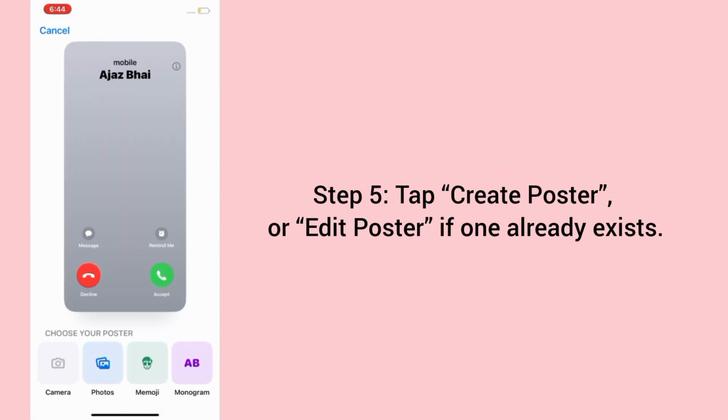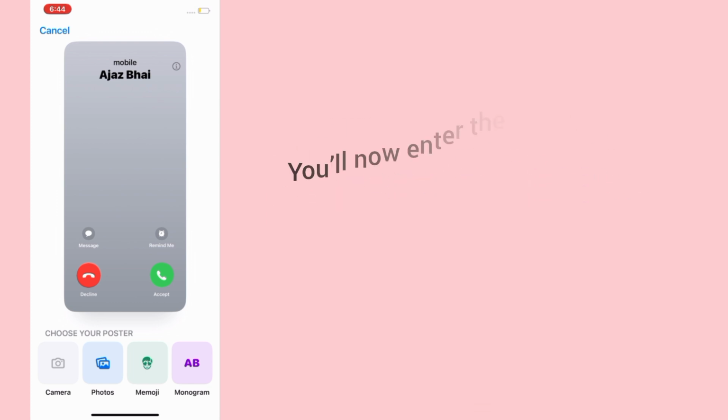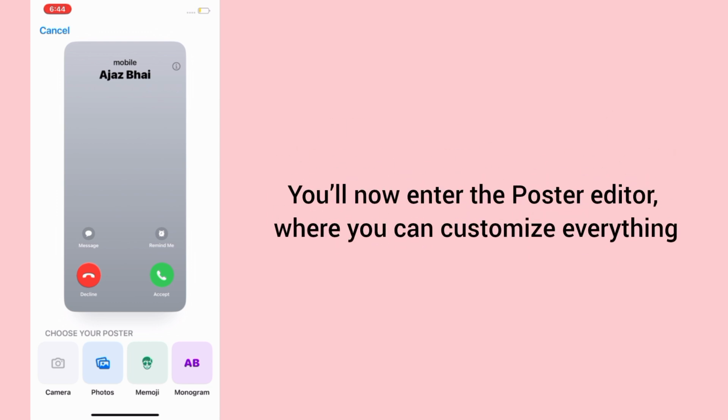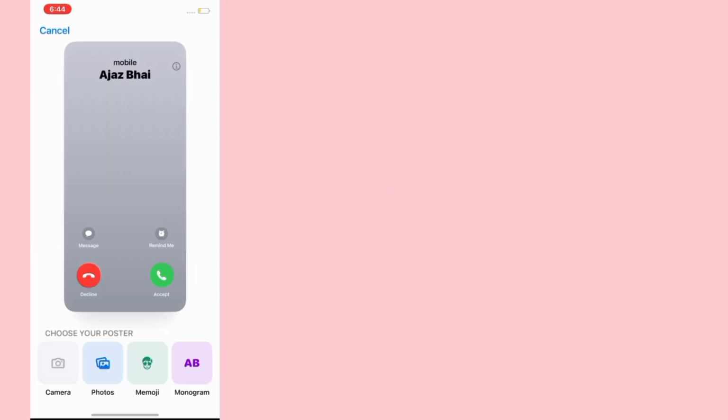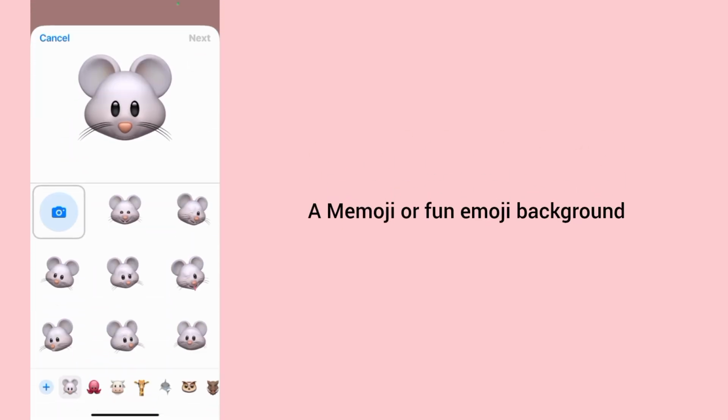Step 5. Tap Create Poster or Edit Poster if one already exists. You'll now enter the poster editor, where you can customize everything. You can choose from a photo from your gallery, a memoji or fun emoji background,